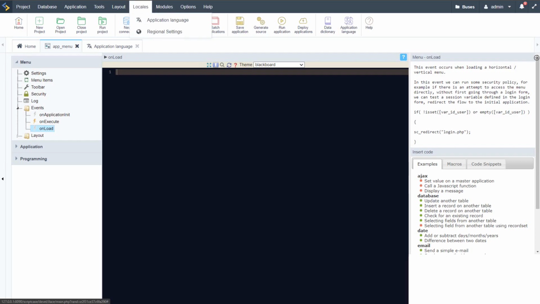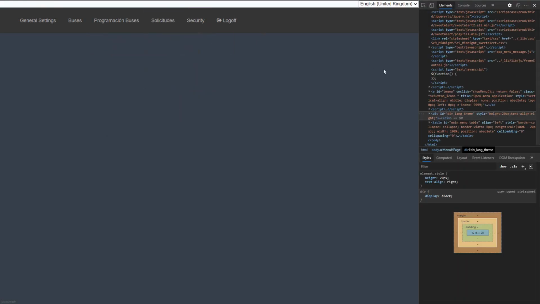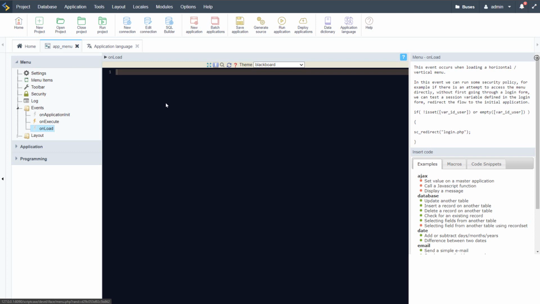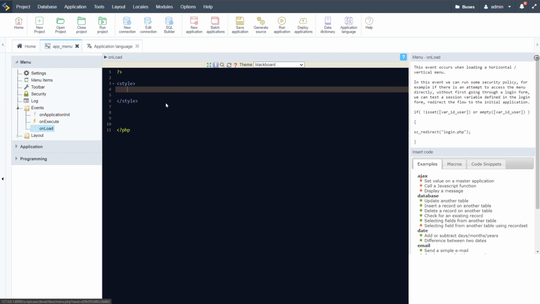So if I come here into the events, I can open up my application again, use my browser and then view or inspect the element. From that, I can see here the ID is div lang theme. So if I come back in here, I can apply my styling. First of all I open and close my PHP brackets, then style and close that as well. And above that, we can say hash, and it was div underscore lang underscore theme,